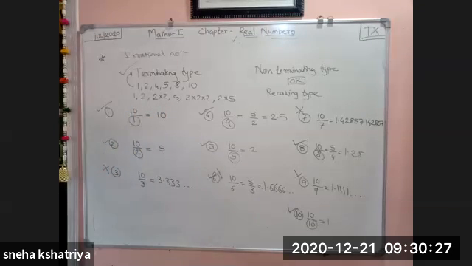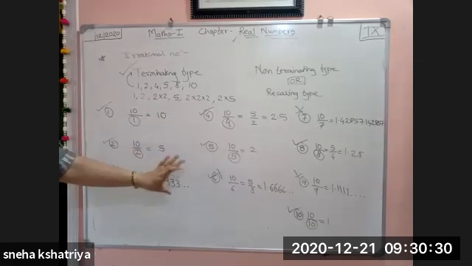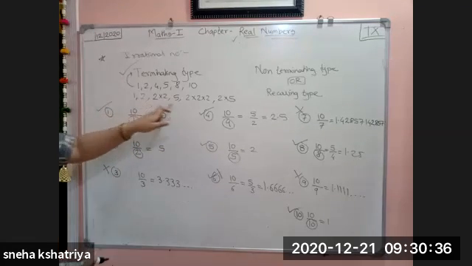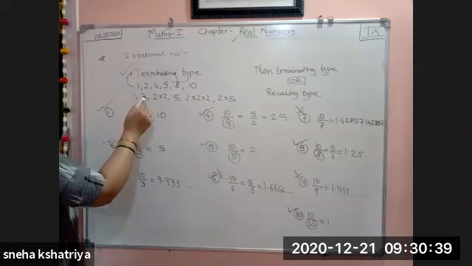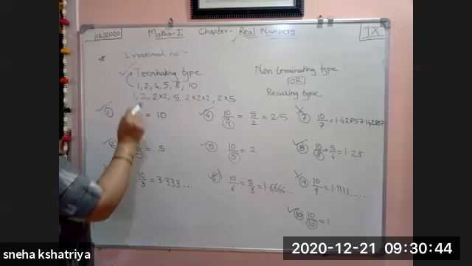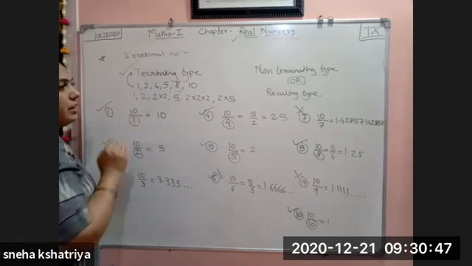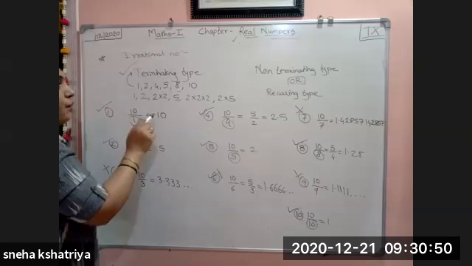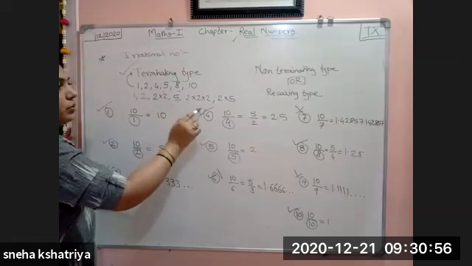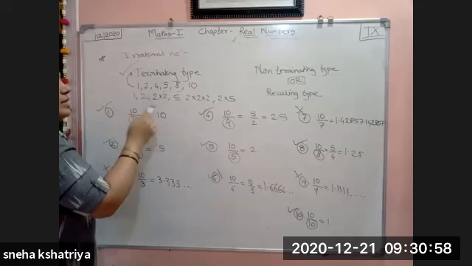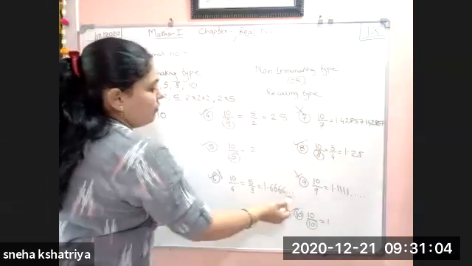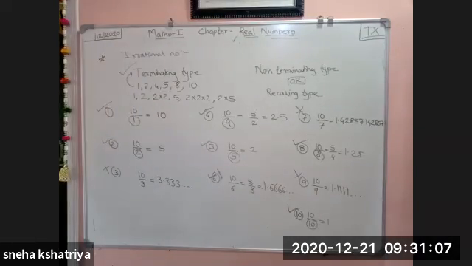Then you will be clear about it, because I have taken here one kind of example only, 10 upon 1, 10 upon 2 and all that. But if we see different kinds of examples, then we can say how we are going to say that this is terminating type or non-terminating type. So remember this thing, if the numbers at the denominator are in the multiplication of 2 or 5, 2 into 5 or 2 or 5, then we can say that those numbers are in terminating type. And the remaining, if we put dot dot dot, are called non-terminating type.